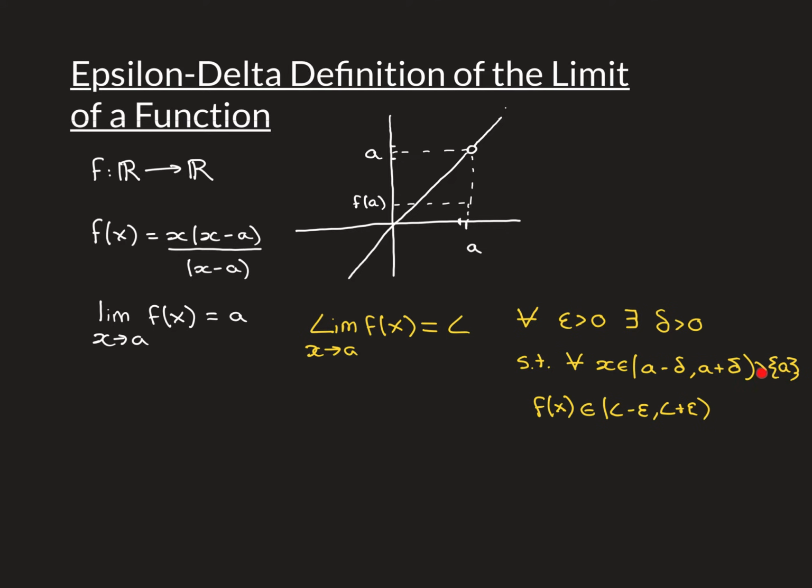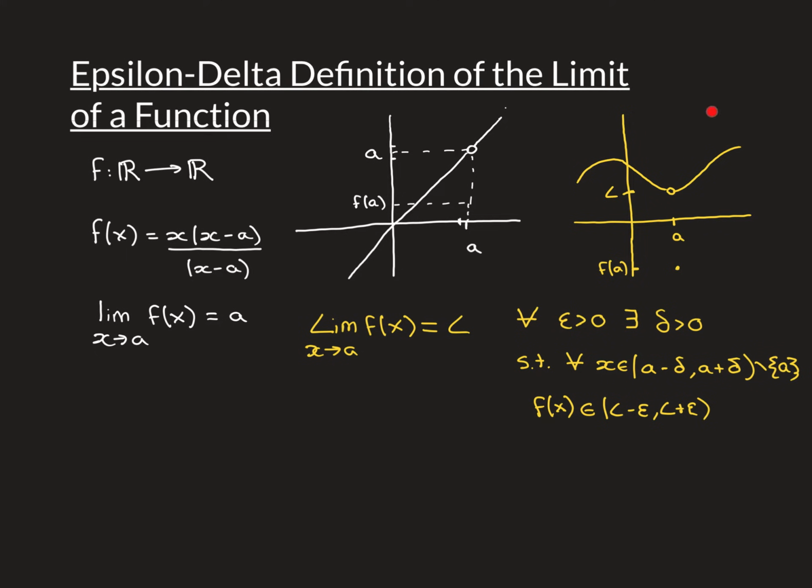So we have to cut that out of the interval, because of course the function might not even be defined at x is equal to A, or for instance I could have defined this function so that at A it was something completely different, right? It could have been down here. Let's understand this with a picture.